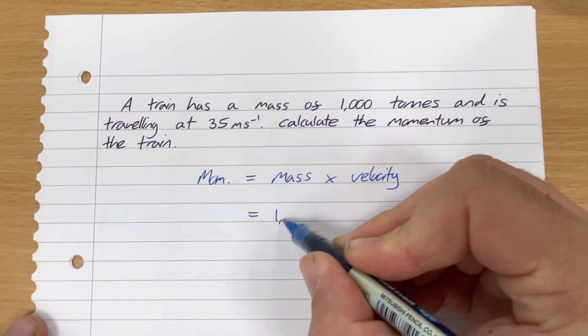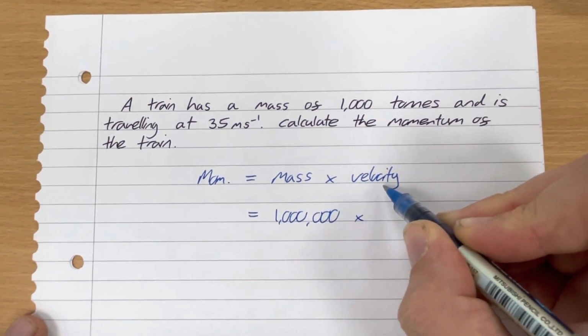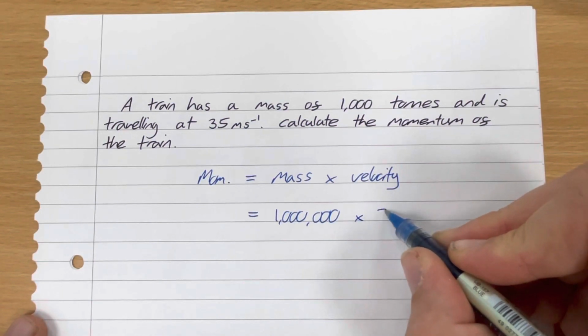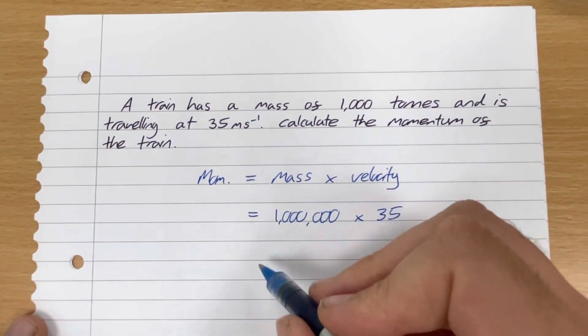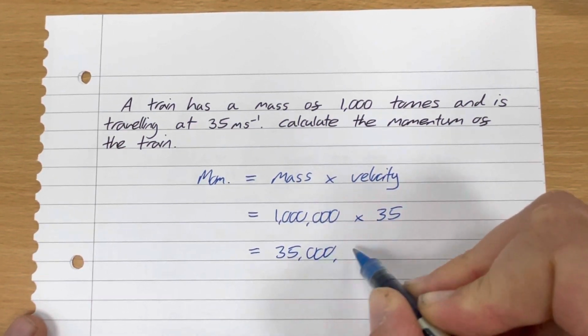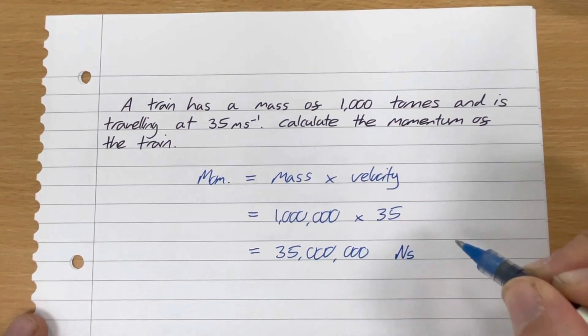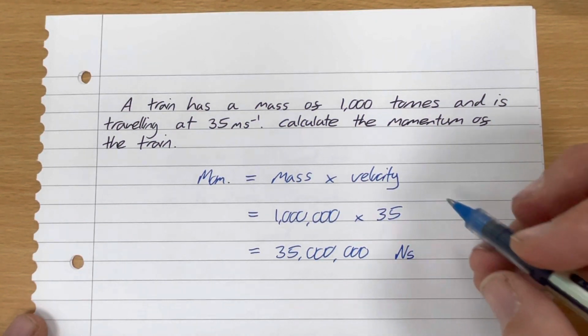So that is 1 million kilograms. And we're going to times that by the velocity, which is already in SI units. That is 35. So the momentum is 35 million,